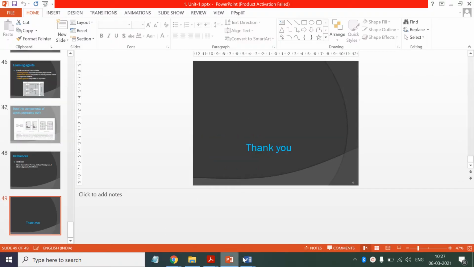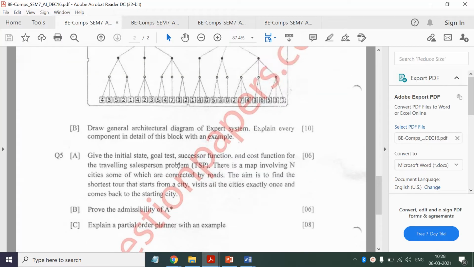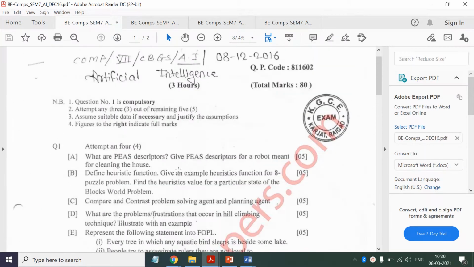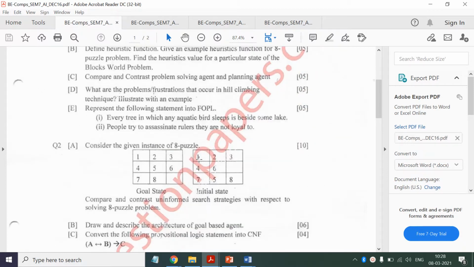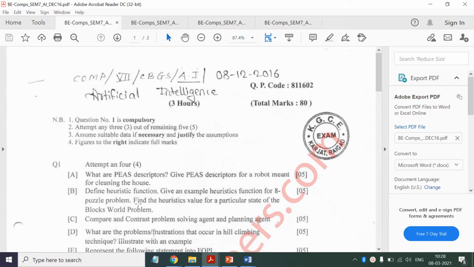So, let me show you previous year question papers. Okay, so I don't have the question paper of last year because there was no exam last year. I think this is the paper of Mumbai University. Okay, so now see here. First question, what are PEAS descriptors? Give PEAS descriptors for a robot meant for cleaning the house.